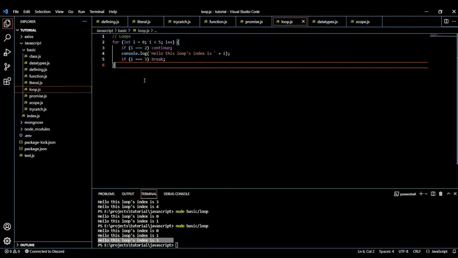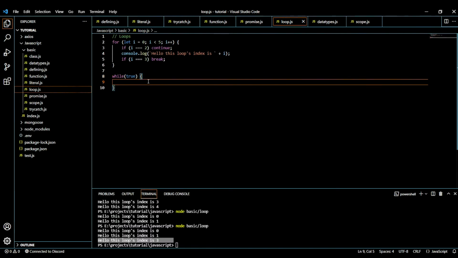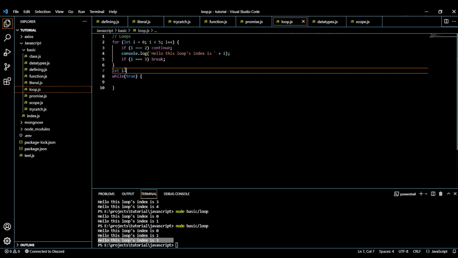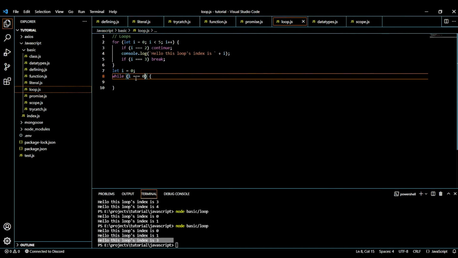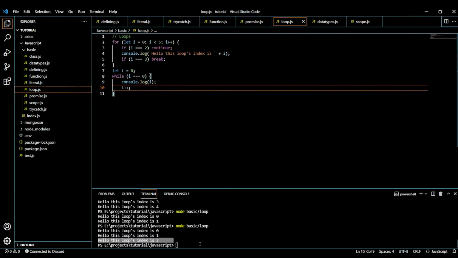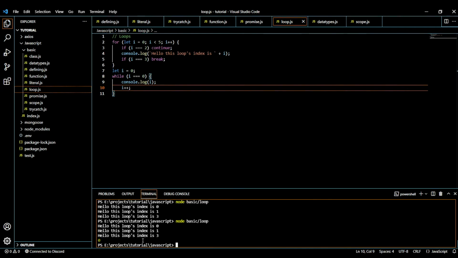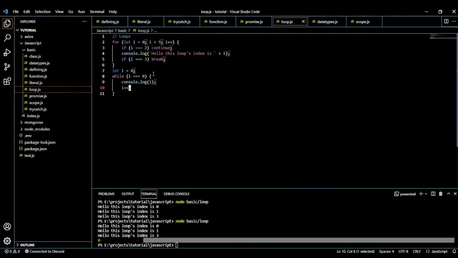So guys, that's how we do the for loop. And then there is another loop, it is called while loop. So for example, if I have a variable i, its value is 0. So if I do, while i is equals to 0, log i, and then i plus plus. What will happen is it just logged 0 because i was equals to 0, then the value changed, so the loop died. So it just takes the test condition.